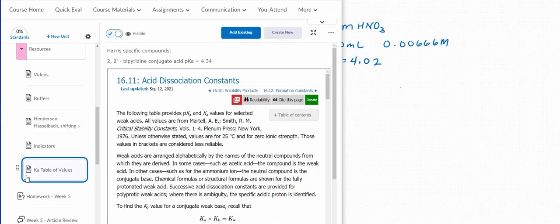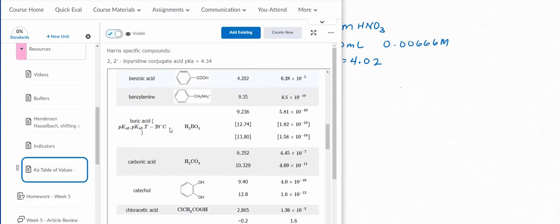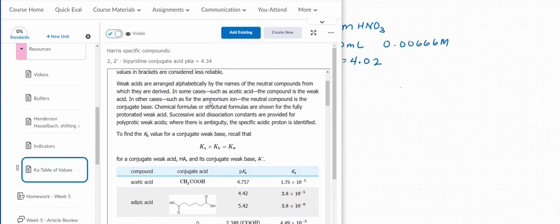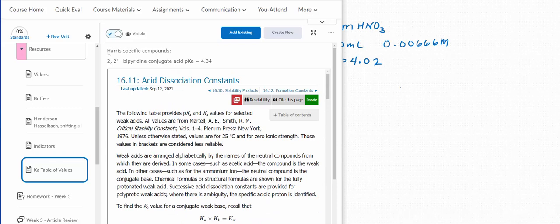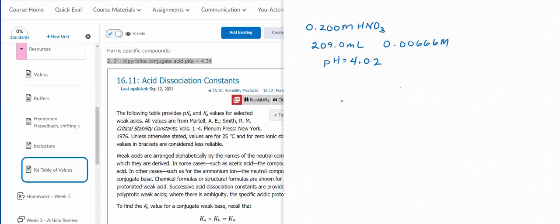Now, I have started this Ka table of values, and most of it is occupied by a table of values produced by ChemLibreTexts. But as I come across things that are Harris specific, I will be adding them to the top. At the top is this 2,2'-bipyridine conjugate acid. So the bipyridine is a base, and its conjugate acid has a pKa, which is what we need for the Henderson-Hasselbalch equation, of 4.34. Now remember, with the Henderson-Hasselbalch equation, we have pH equals pKa plus the log of the